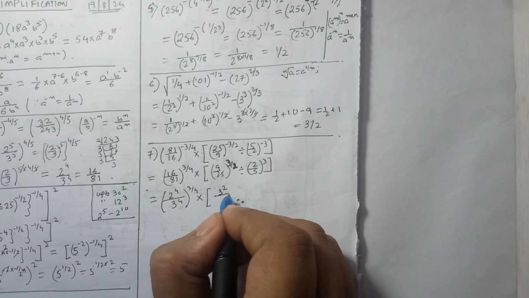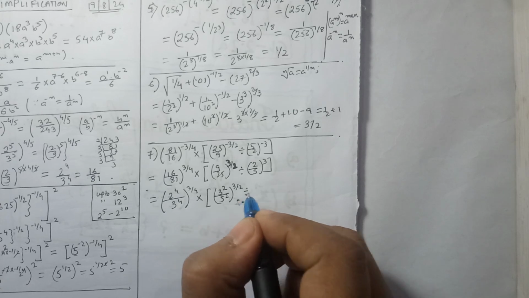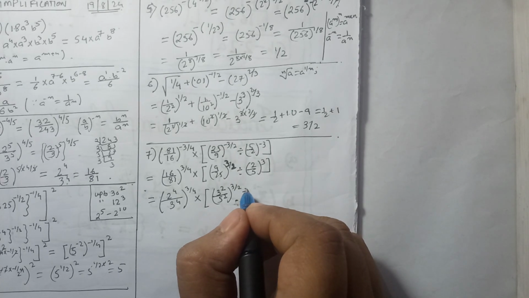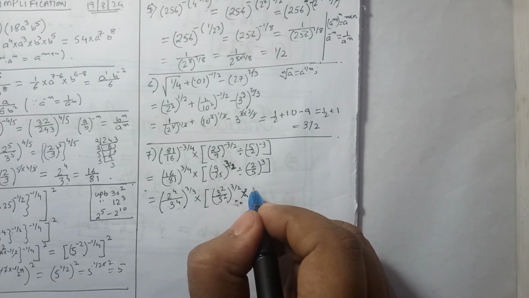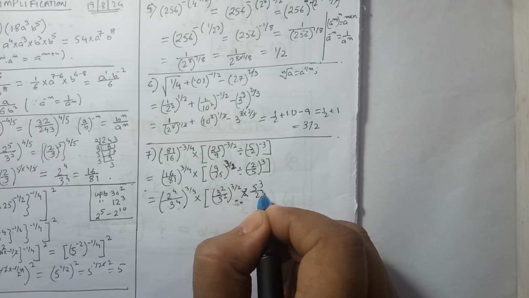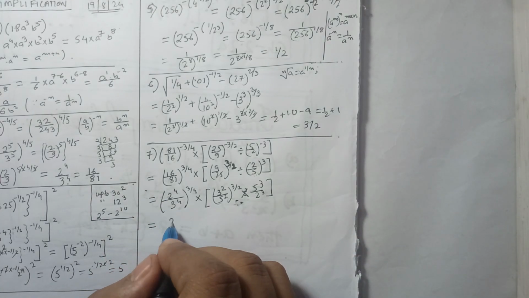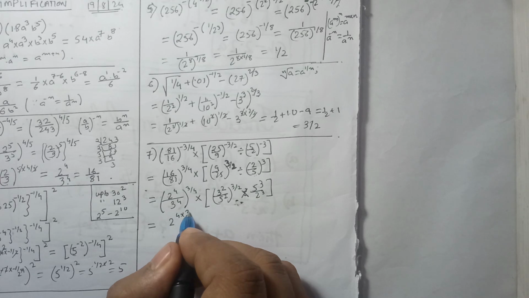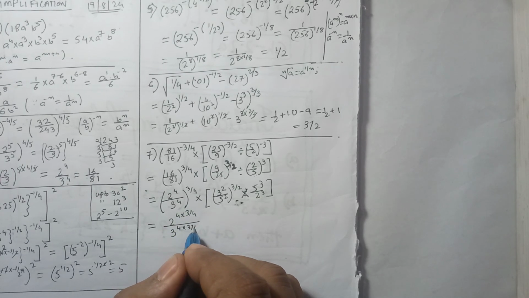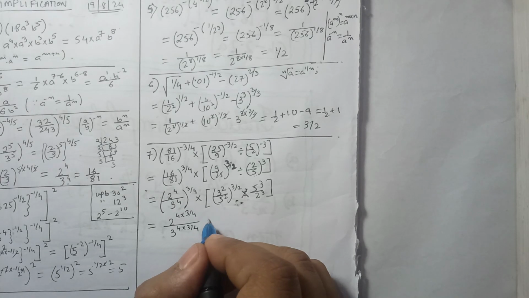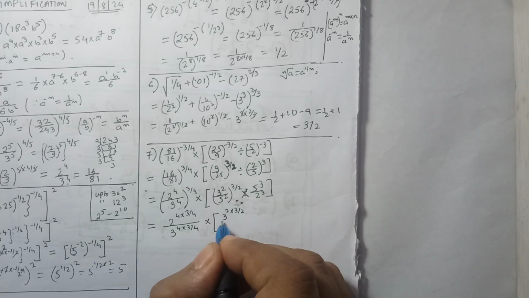This is 3 square by 5 square to the power of 3 by 2 divide by, or I can multiply it by, this is 2 cube by 5 cube, so division 5 cube by 2 cube, right? So this is 2 to the power of 4 into 3 by 4 by 3 to the power of 4 into 3 by 4 multiply by 3 square into 3 by 2 by